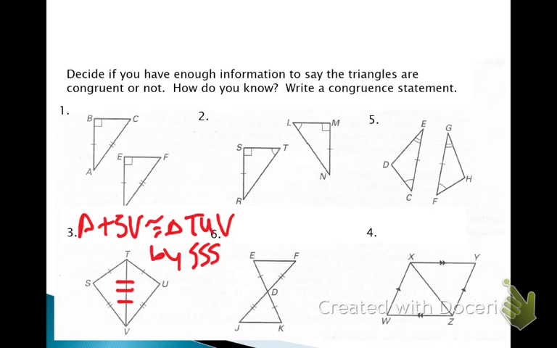Number 6. How would I say those triangles are congruent? You have to mark an additional part, I'll tell you that much. Lindy? Would that one be side, angle, side? Yes, it would. And because of the congruent parts, what do we call them? What do we have in these two? Yeah, we have vertical angles. The vertical angles are congruent. So we could say triangle FDE is congruent to triangle JDK